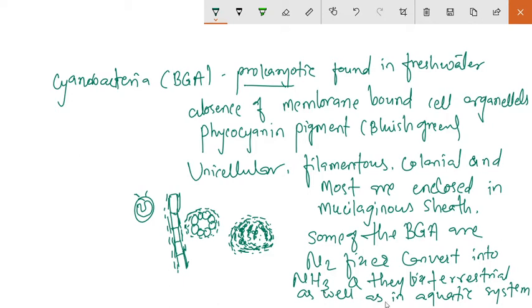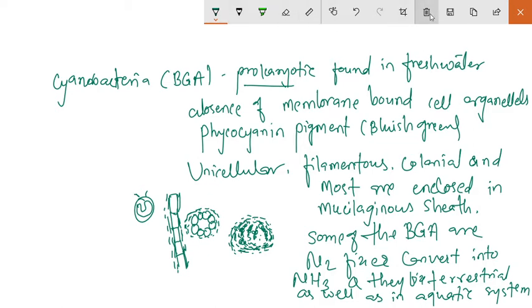Okay, so this nitrogen fixation may be in the free living state, or it may be in the symbiotic state. Okay, so most of the filamentous blue green algae have a specialized cell that is known as the